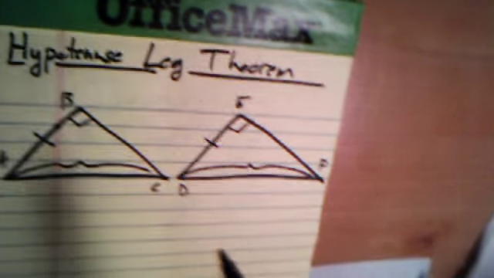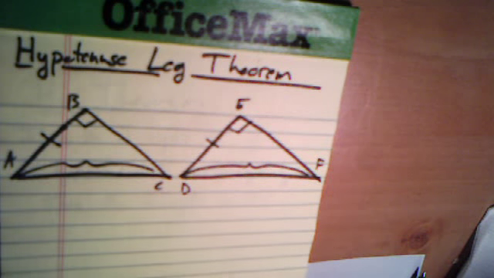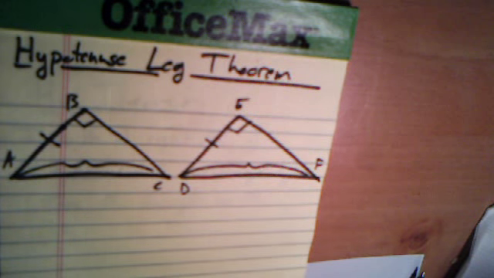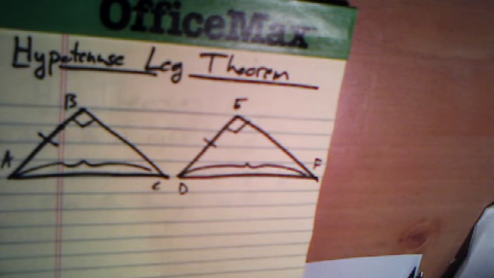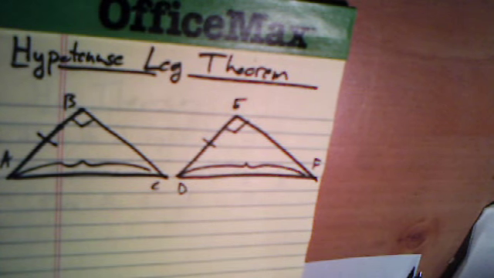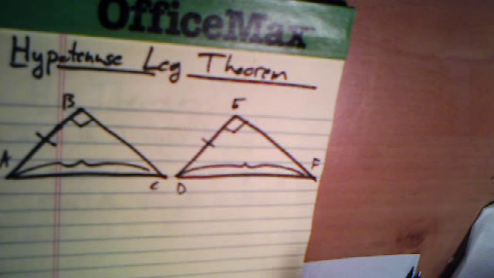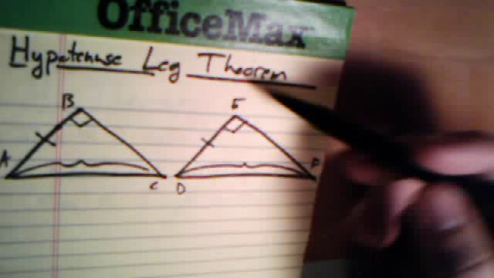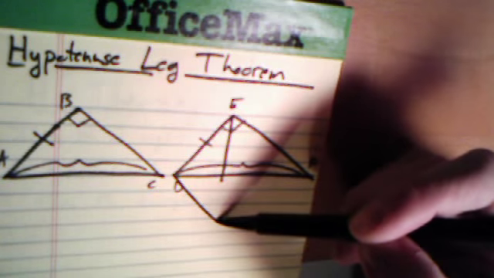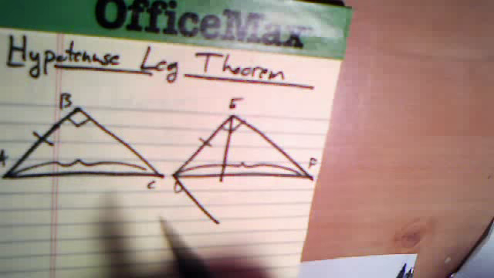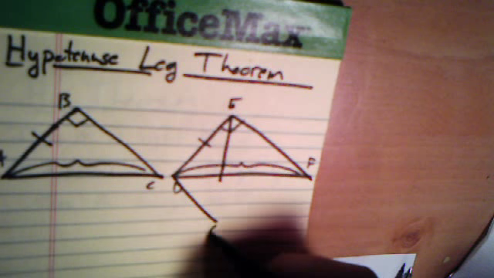Now we can see that we can't start out using any other method for congruent triangles we've looked at before. We don't have any side angle side or angle side angle here, and no other way to find anything else, so we're going to have to do a little bit of construction. I'm going to construct a segment here that is the same length as AB. I'm going to call that DG,